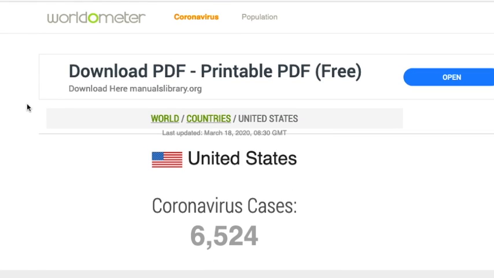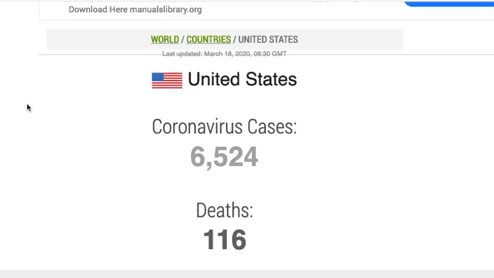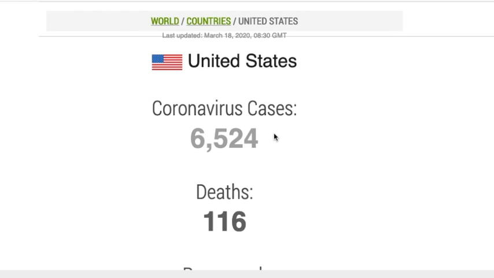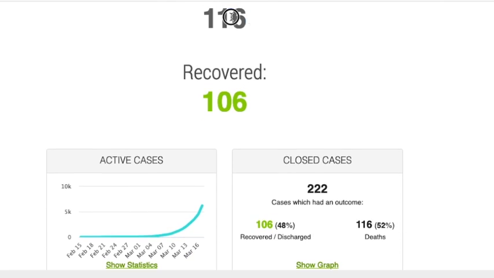Now, it's very important when we talk about these numbers not to just pick a point out of time and say, this is how many cases there were today, this is how many deaths. We really have to look at that function, that curve over time, what the exponential growth is telling us. So let's take a look now at the graph that shows us the actual cases day by day in the United States. So here, I like using this site a lot. This is the Worldometer site, and currently we're at 6,500 cases here, 116 deaths.